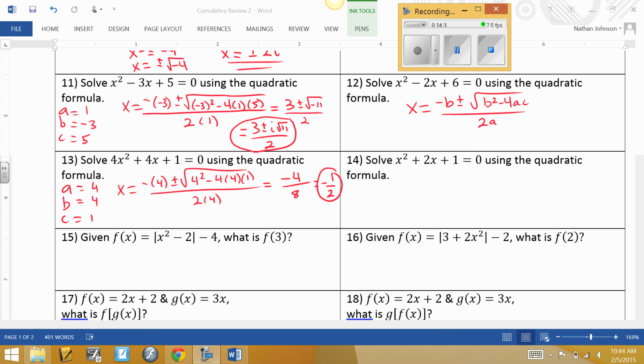Okay, I've gone ahead and written this one out. So A, B, and C, I've identified those as 4, 4, and 1. Plug them in their respective places in the equation. You'll notice this time the discriminant is 16 minus 16. It's 0. All of this stuff goes away. So all you're left with is a negative 4 on top and an 8 on the bottom, which reduces to a negative 1/2. A single solution. This must touch the x-axis